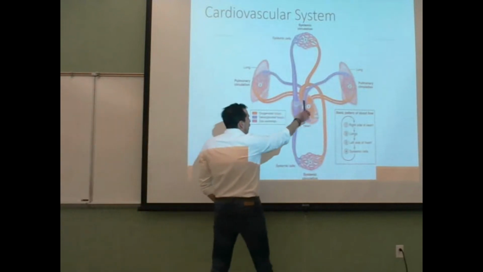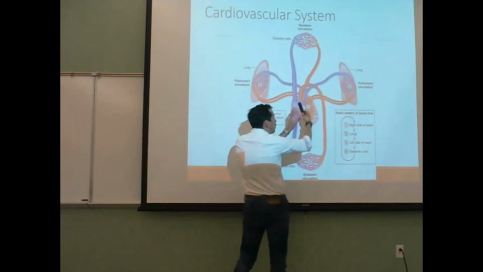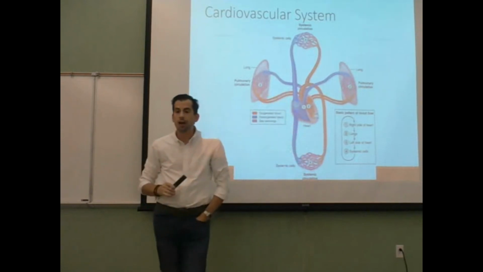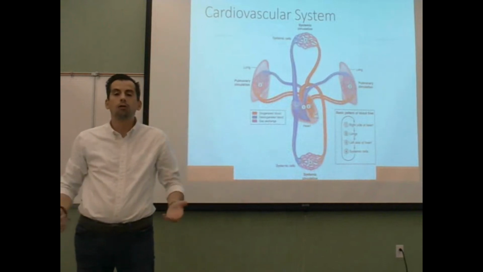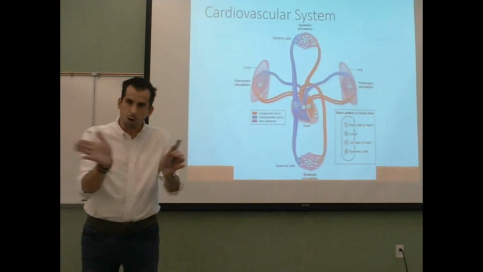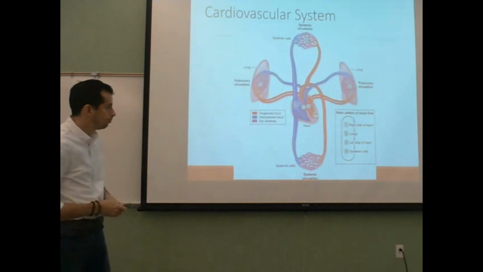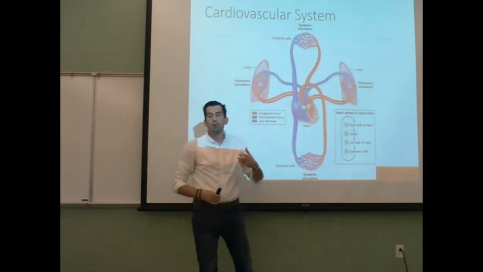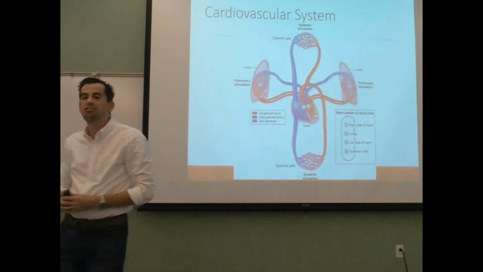Now that that blood has oxygen and it's over here on the left side, the next heart contraction moves that blood out through the network of vessels to all of the other tissues, depending on where it branches and takes the blood to. Blood leaving the left side of the heart moves blood out into what we call the systemic